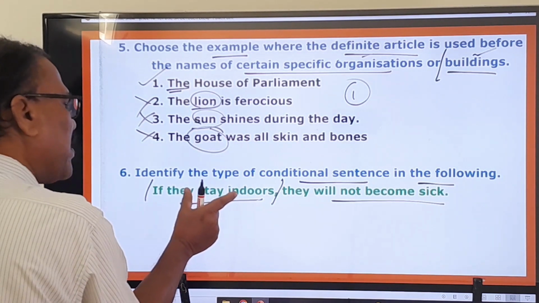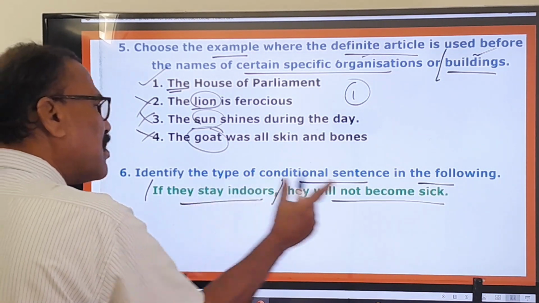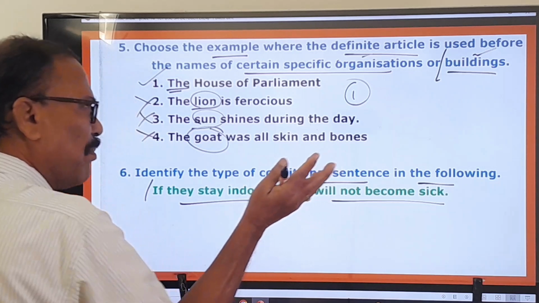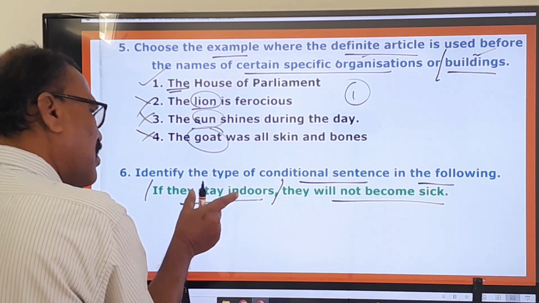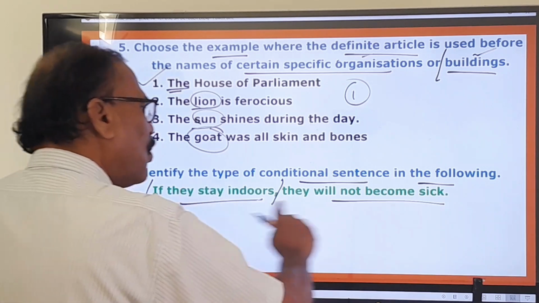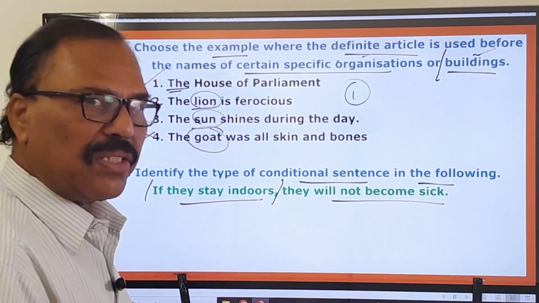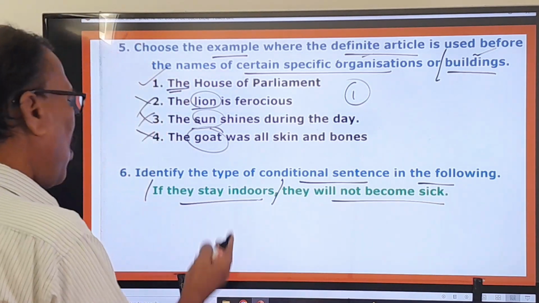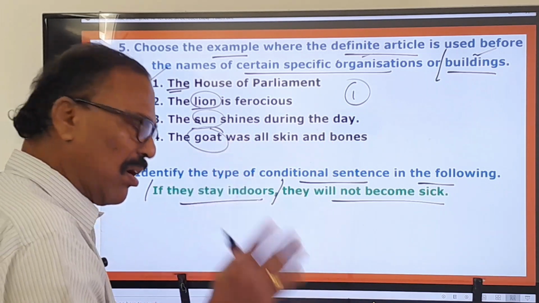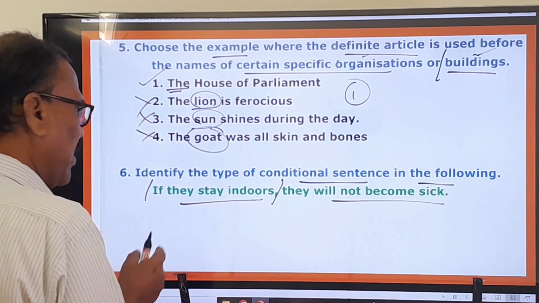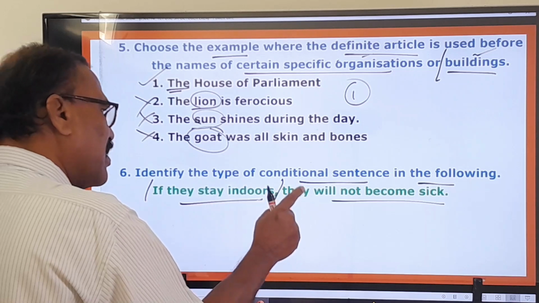So look at this if sentence. This is called the if clause. This is called the main clause. You know that very well about conditional sentences. Here this is the if clause, and because of this if clause, the whole sentence is called a conditional sentence. All the if clauses are conditional sentences or conditional clauses. This is the condition, right? And what type of conditional sentence is this?